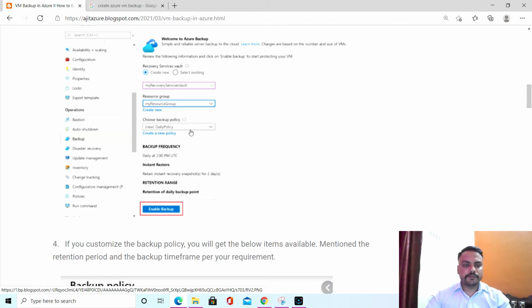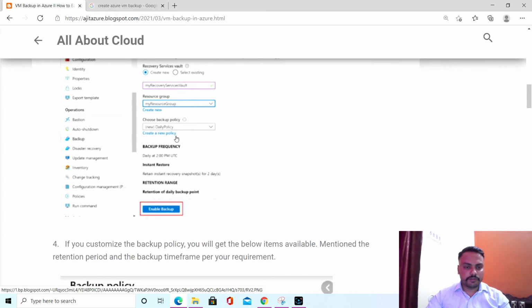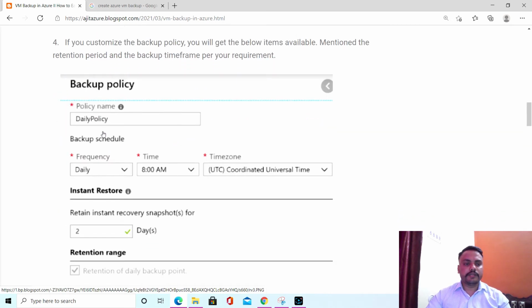If you want to create a new policy, like if you want to create a backup in a specific business hour, you can create a policy accordingly. For that you need to click here to create a new policy. Once you click on the new policy, you will get this backup policy option.